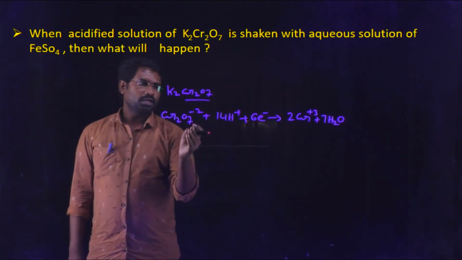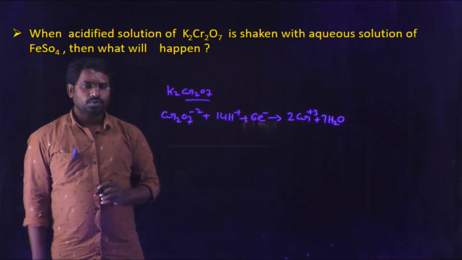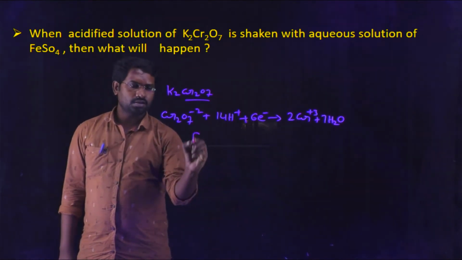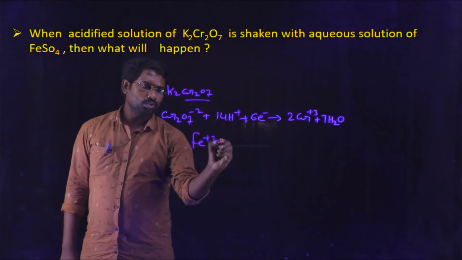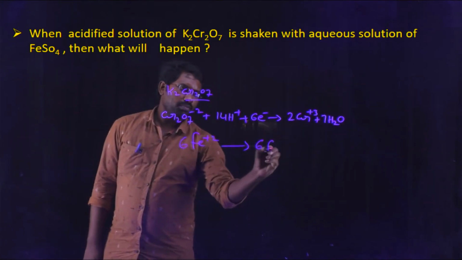The dichromate ion in acidic medium changes into Cr3+. Therefore, in FeSO4, the ferrous ion Fe2+ changes into Fe3+,